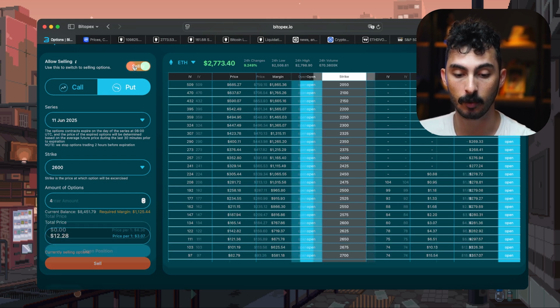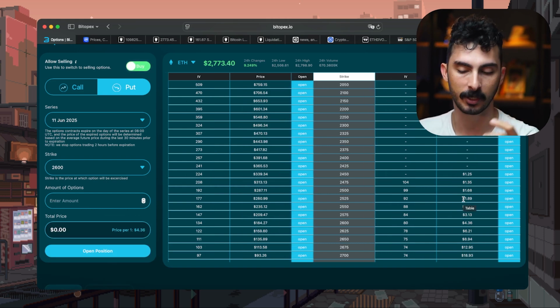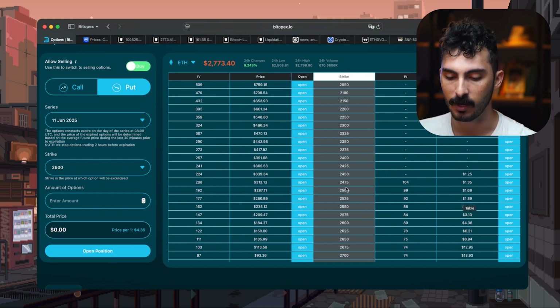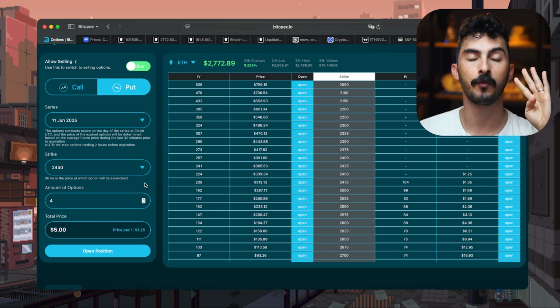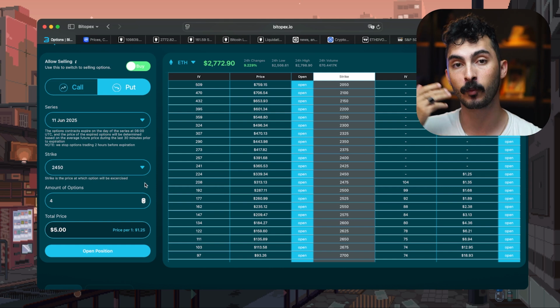We're gonna go right here. We're gonna switch to buy. And what I do, you can do differently. I click on the furthest one. So now the furthest one that we have is the 2450. And now we're gonna go with 4 again. So still 4 legs. You usually want to go with the same amount. So if you do 4 on one side, you got to do 4 on the other side. So we sold 4, we got to buy 4.